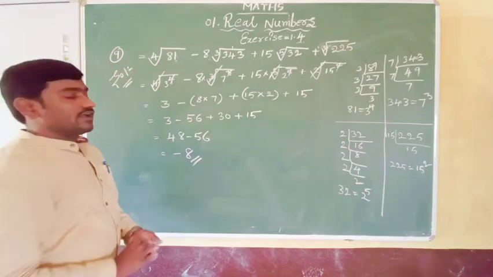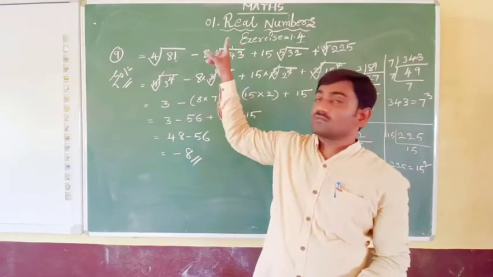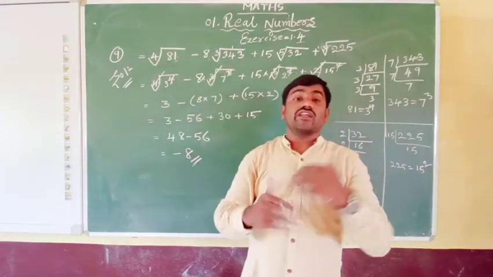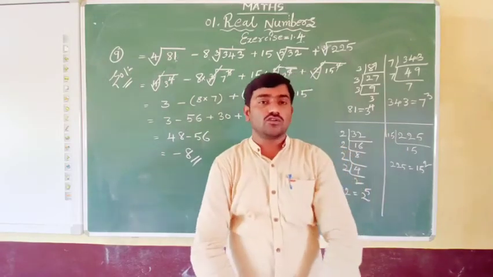If you simplify, you will get minus 8. The only thing we have to think about is whether these sets can be written as the nth power of a number or not. All these numbers I have given are nth powers of numbers only. That's why it is possible to find out. Otherwise, it is not possible to find.